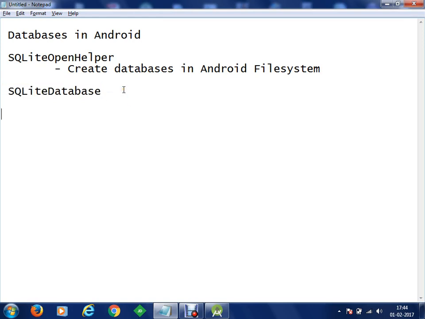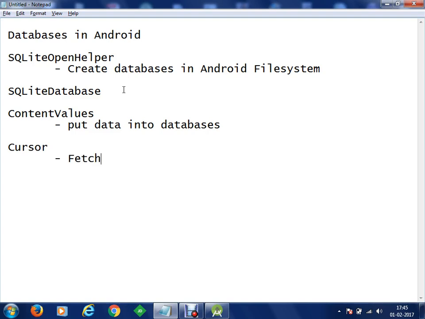Once you have access to this SQLiteDatabase, you will be using the ContentValues class to insert, or put, data into databases. And then we are going to make use of a Cursor class, using which we are going to fetch data from databases. These are a few important classes which we will be interacting with during our demonstration.